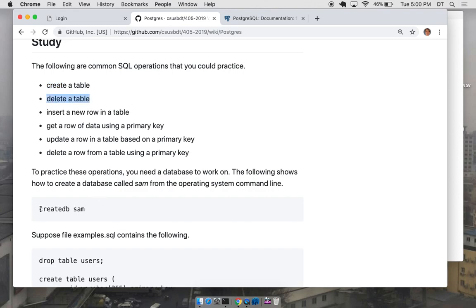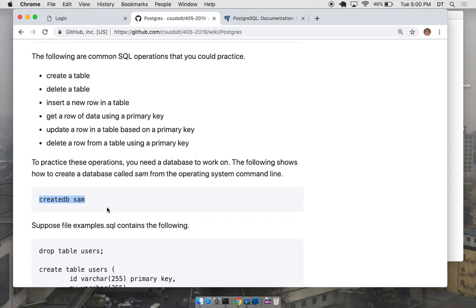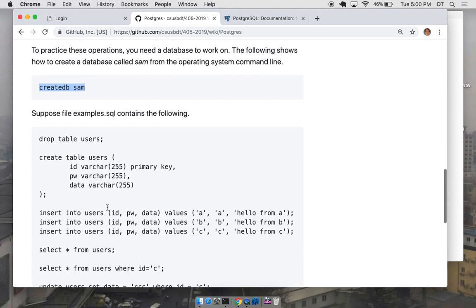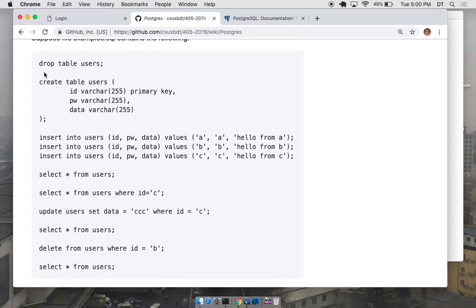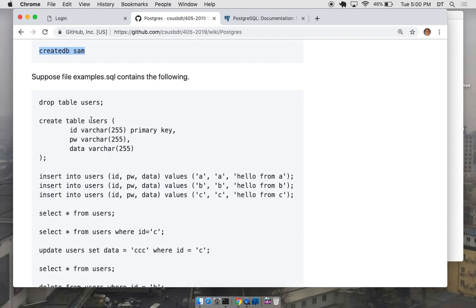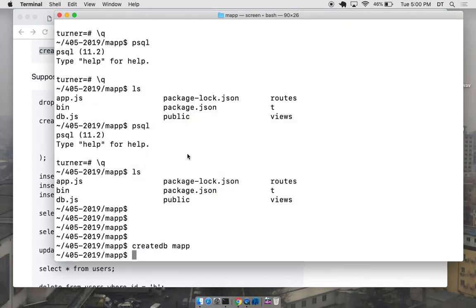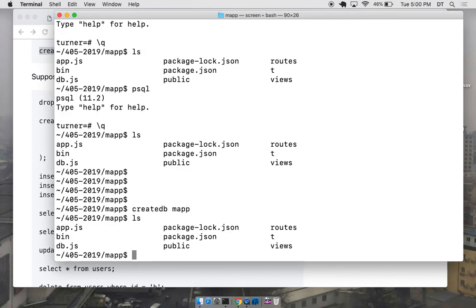Oh, and here's the create database, create DB SAM. We're going to call ours MAB. And here are some examples. So we've got this create table. I'm going to look at this. Let's see. So what we're going to do is